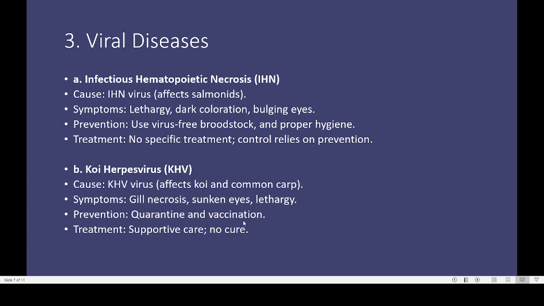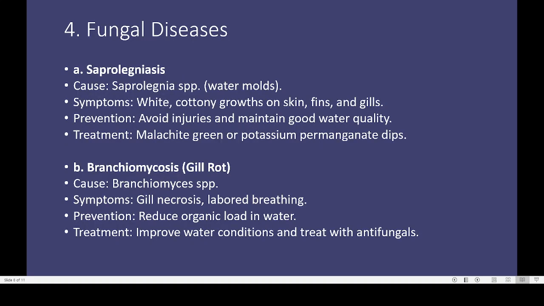And what we can do is quarantine and vaccination, and there is no supportive care or cure for this disease. Now we come to the fungal diseases. There are two to three types of fungal disease. One is